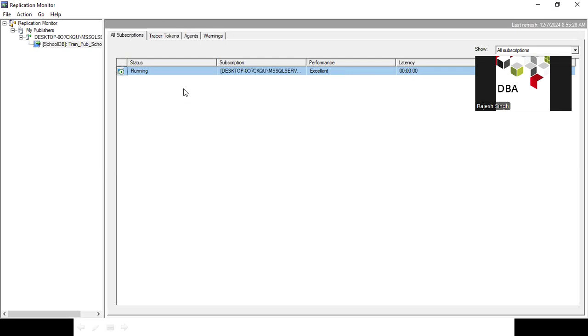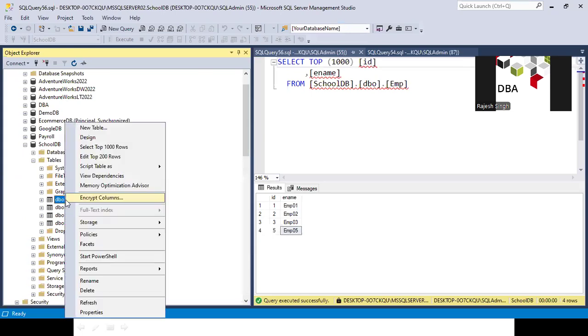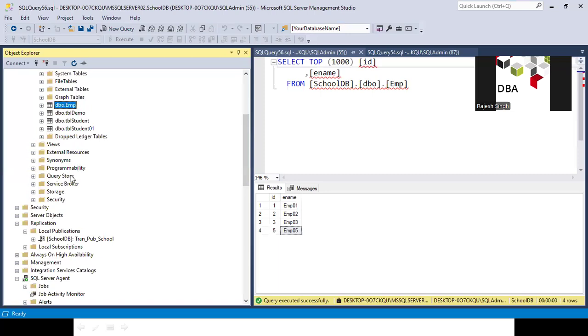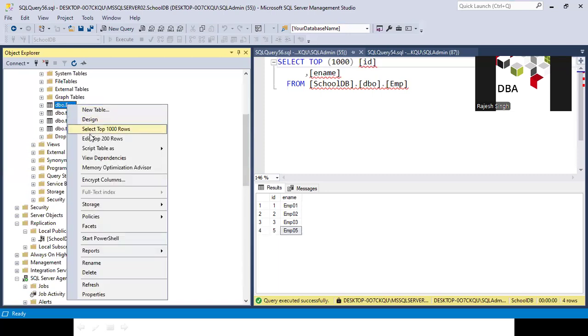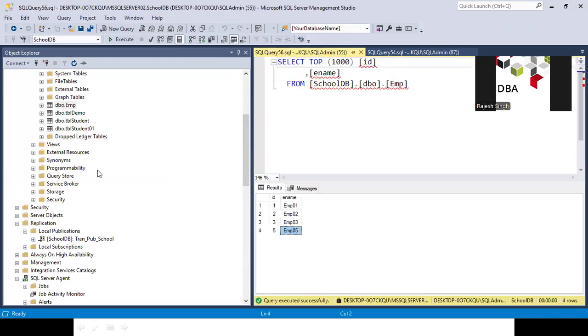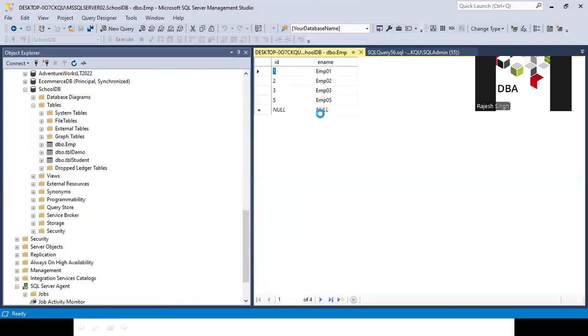So we have another mechanism. Let's do the same activity with the same table. Let's suppose we have how many records here? We have five records: 1, 2, 3, 4. Four is not there. So I'm going to add the fourth record into the subscriber machine, because the fourth is not available here. So I'm adding the fourth here.